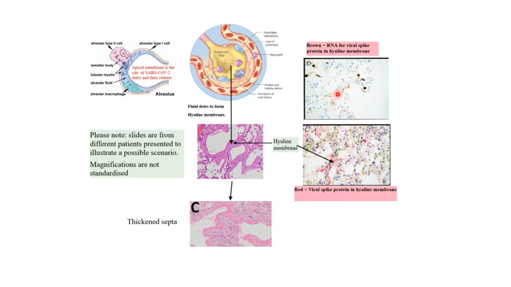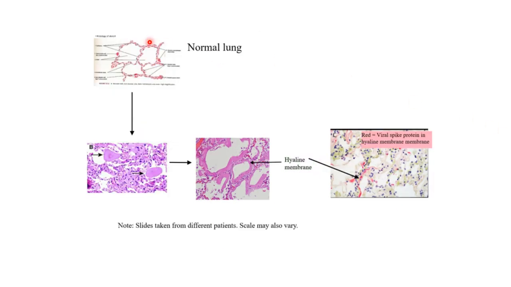So this is the RNA in hyaline membrane, SARS-CoV-2 RNA. So a possible scenario is normal lung, nice air spaces, a layer of epithelial cells for this alveolus, a layer of epithelial cells for this alveolus, protein globules,